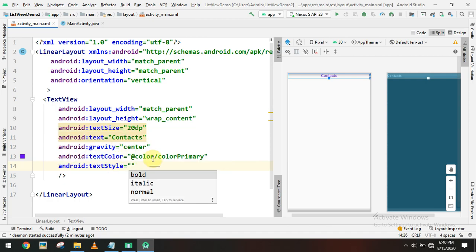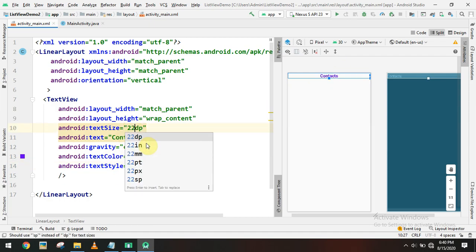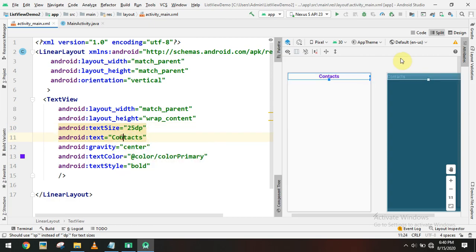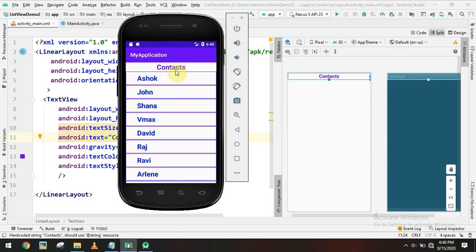I'll increase the font size to 22 or 25. Okay, so now as per our design, the title is ready.